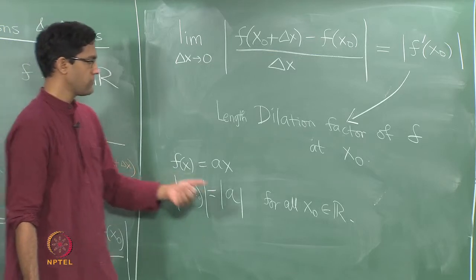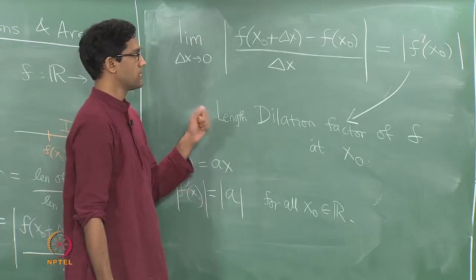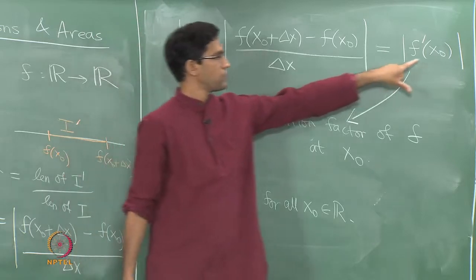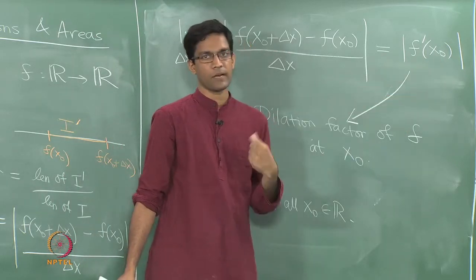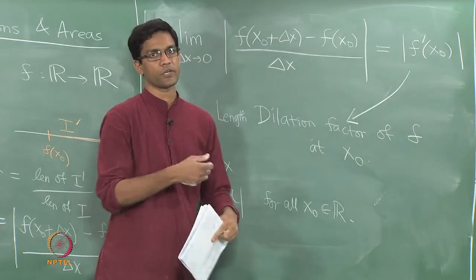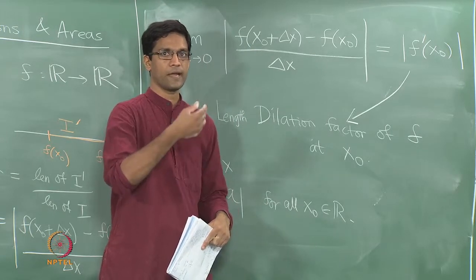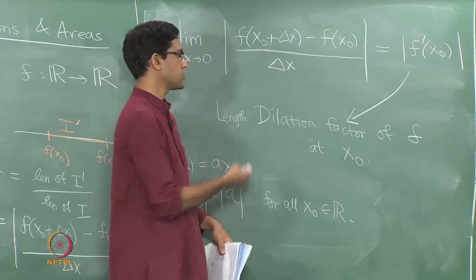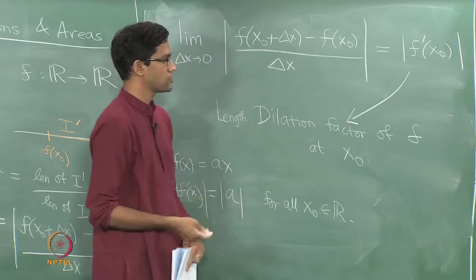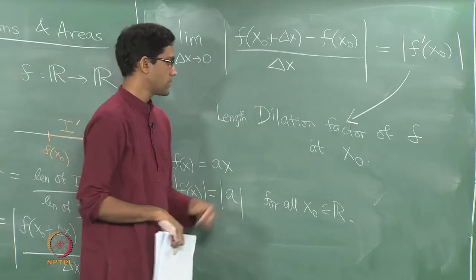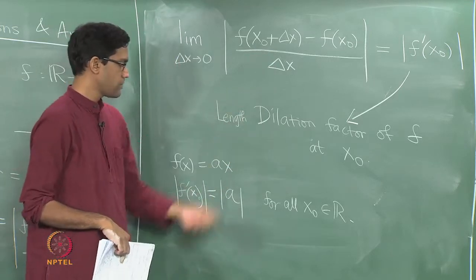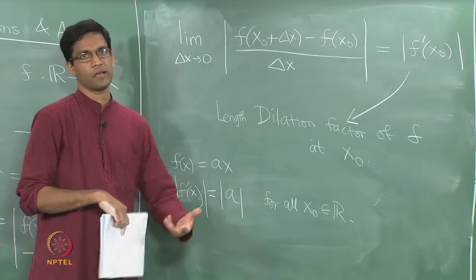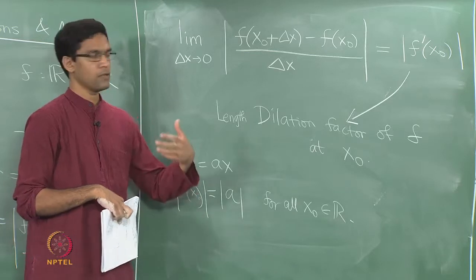But for a general differentiable function, this may not happen. For different points x naught, the value of the derivative might be different. So what the function really does is to dilate intervals differently depending on where the point is. This is really a non-uniform dilation in general. Nevertheless, this particular geometrical interpretation is useful to keep in mind, and this is partly why we talked about